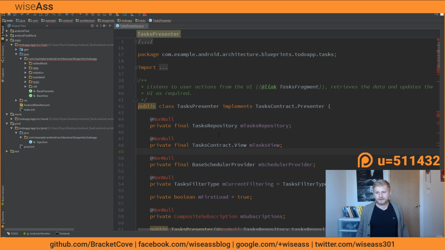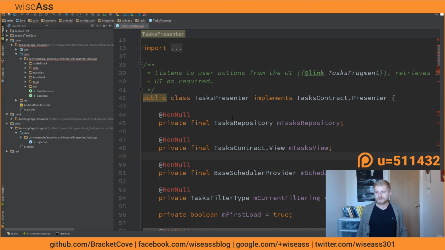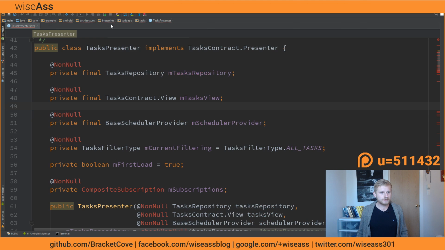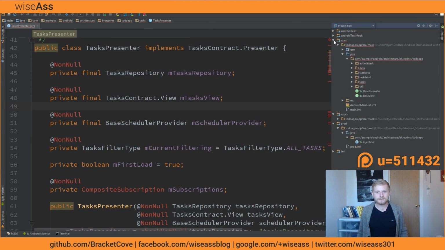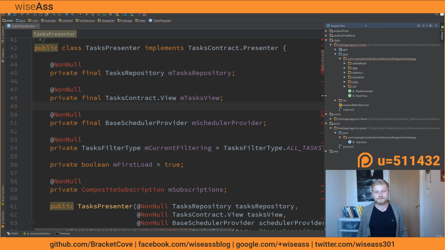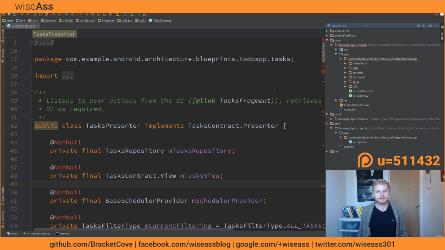The project I'll be looking at here, like I say, is from the Google sample GitHub repository. I don't have a link to it, but you can just Google it. Basically how it works is a whole bunch of really good developers got together and built a note-taking app, except they built it a couple different ways. But most of them are in the Model View Presenter style of architecture.